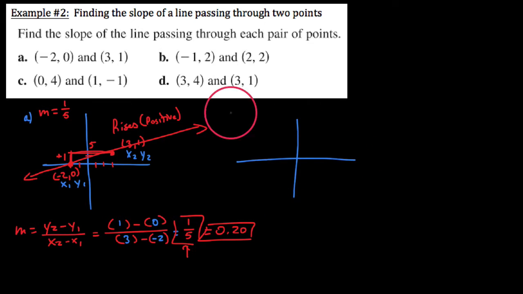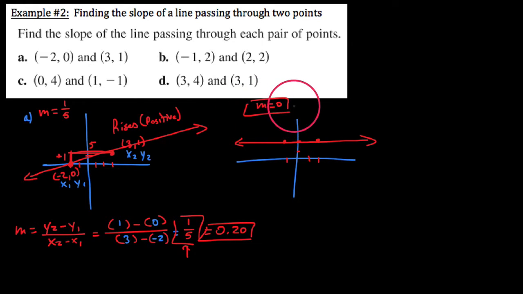Okay, so it supports that positive slopes from left to right rise. Now, with respect to letter B here, let's take a look at it. We have negative 1, 2. We'll go ahead and sketch that in, and then 2, 2. So looking at this already, we don't really need to make a big hypothesis here. It looks to me like we have a horizontal line. And so in terms of finding the slope, I could already infer that the slope must be 0, because it neither rises nor runs.